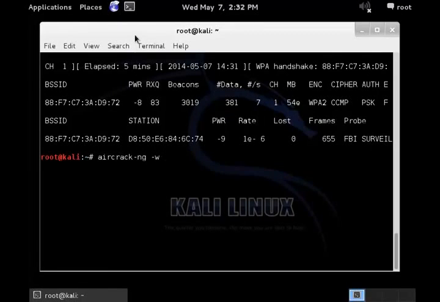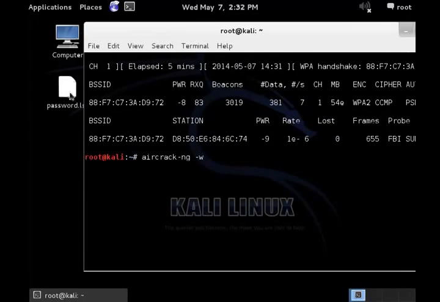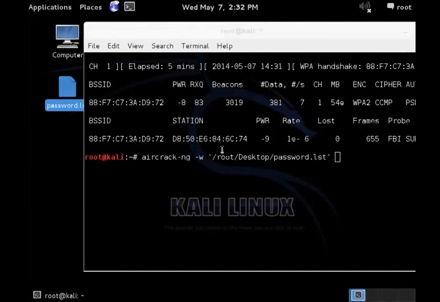So it's going to go ahead and drag my word list in from the desktop here, and then our capture file, the cap file that we got,